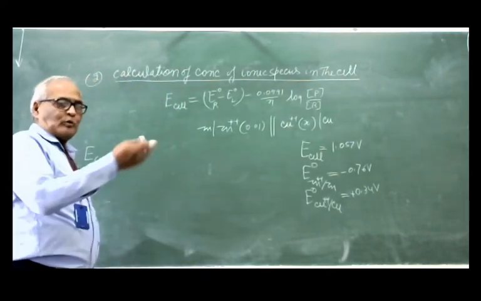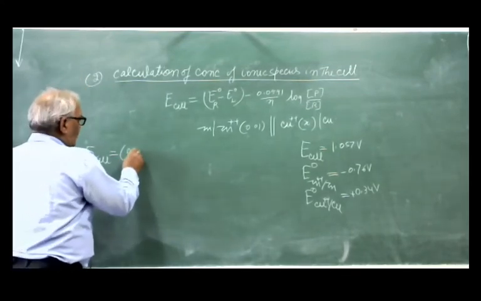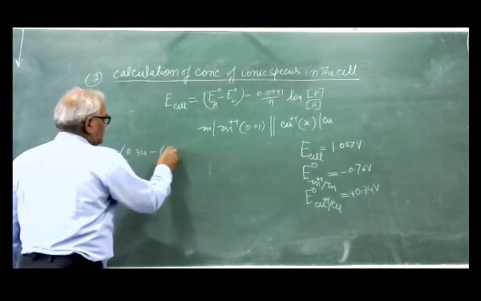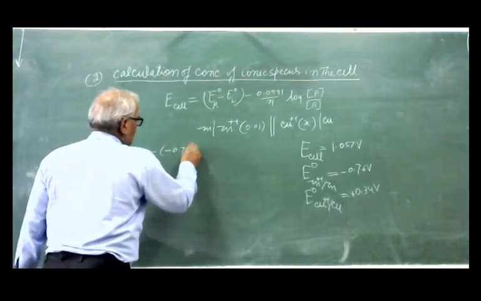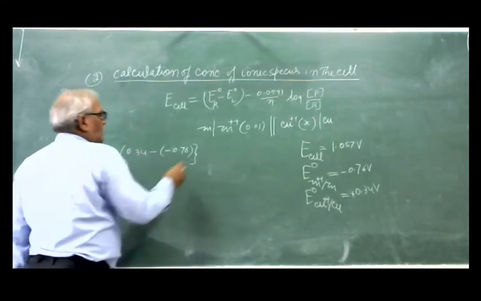So put the values. Here you will write 0.34 minus 0.76, like this, minus